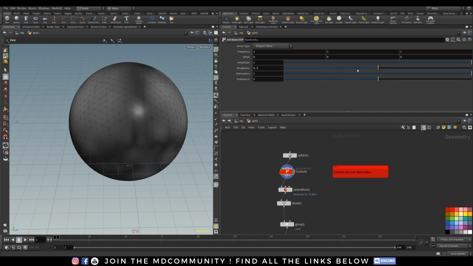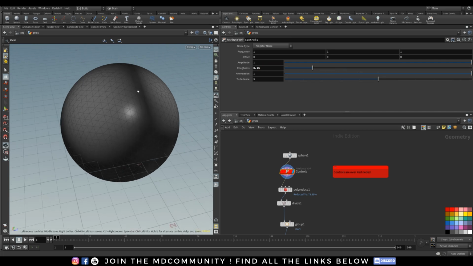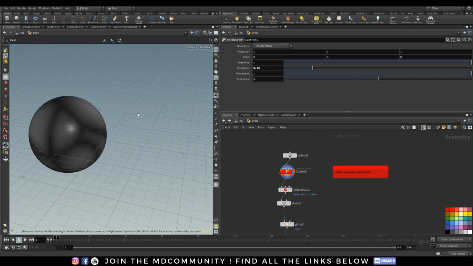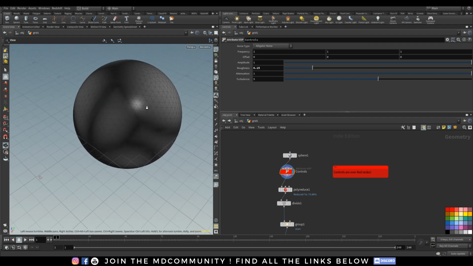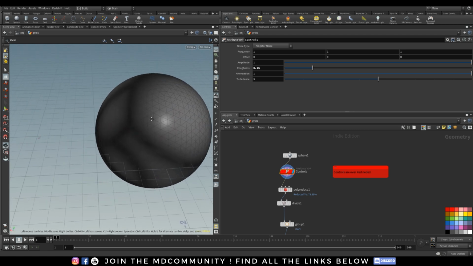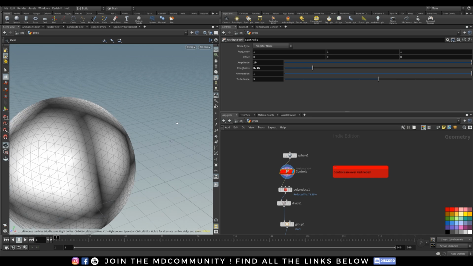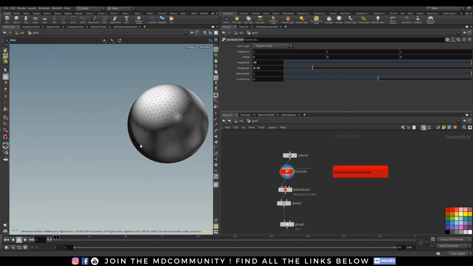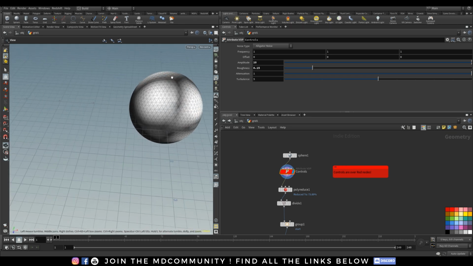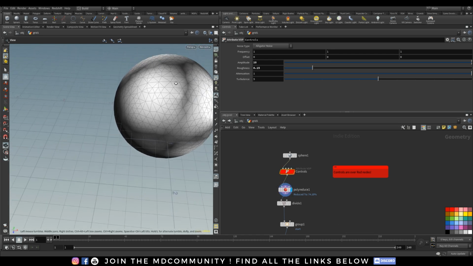Now let's change the roughness of the noise, maybe a low value, because you will maybe need to change it depending on the object. Let's change the amplitude and have something big to have black and white areas. And we will use this black and white data to control our PolyReduce. So if I go over the PolyReduce, you can see that it's reducing